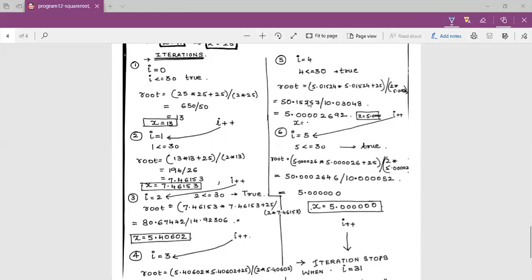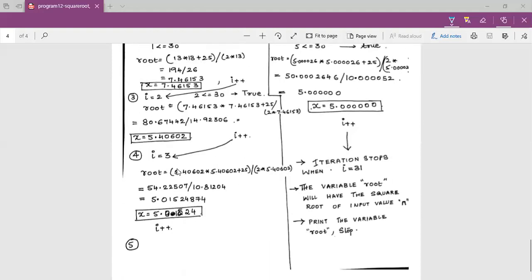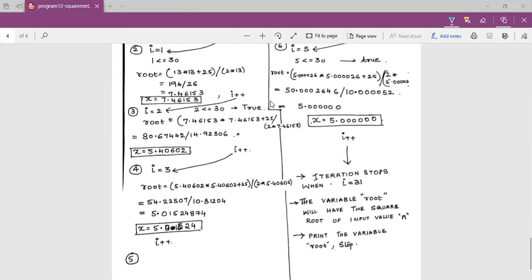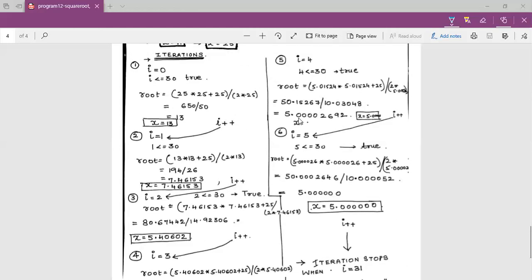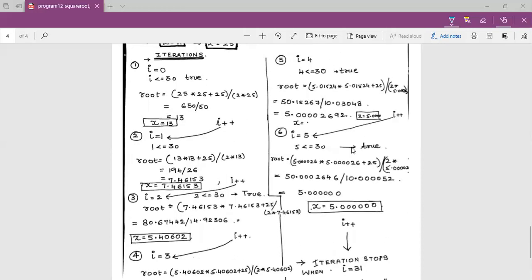So when we continue this iteration, we see how we are calculating the iterations and arriving at more precise value of the square root. So here we see that for 25, we have almost arrived at the square root of 25, that is 5. But we see that in the next iteration, we are becoming more precise here. It is 5.01524 here, whereas it is 5.0000 here.